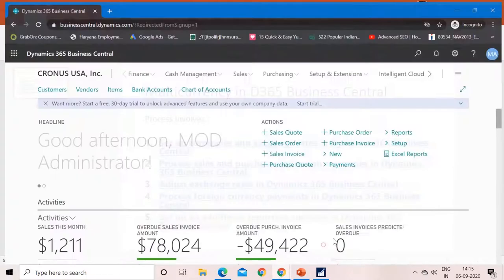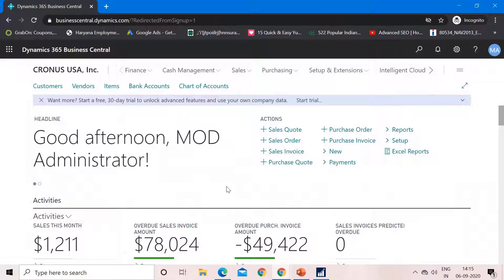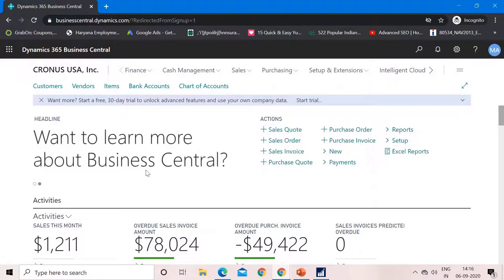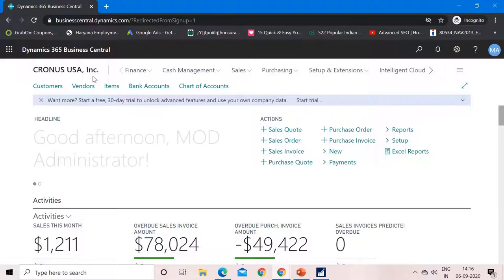So I have already opened up my Business Central here. What exactly does additional reporting currency mean? Let me give you an example. Our Kronos USA is a company which is well established in USA. Now they have expanded their business and opened up one branch in India.